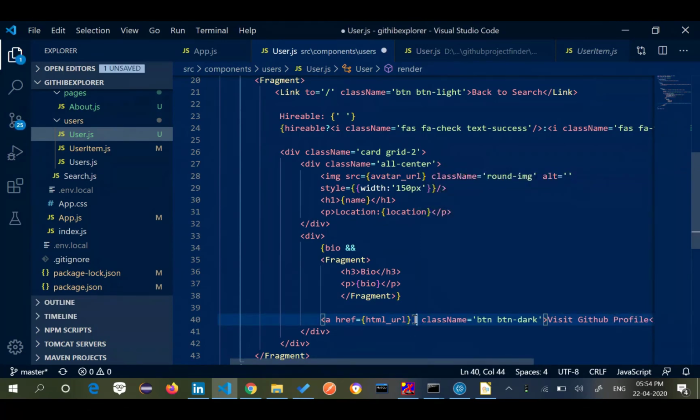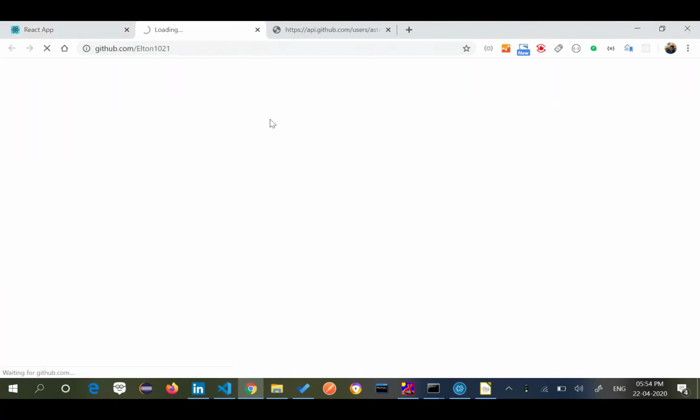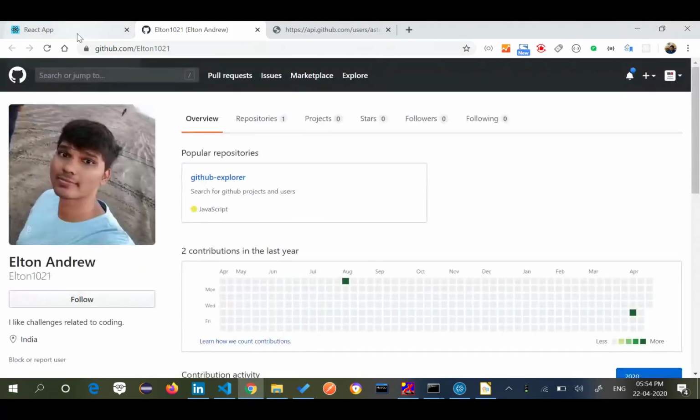And you can just say target underscore blank. So it's opening up my account.